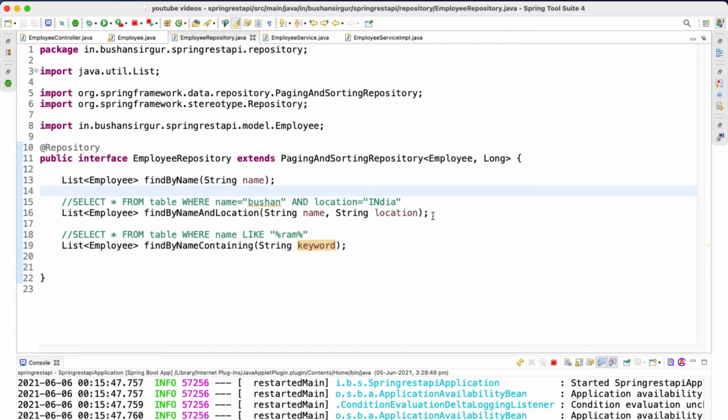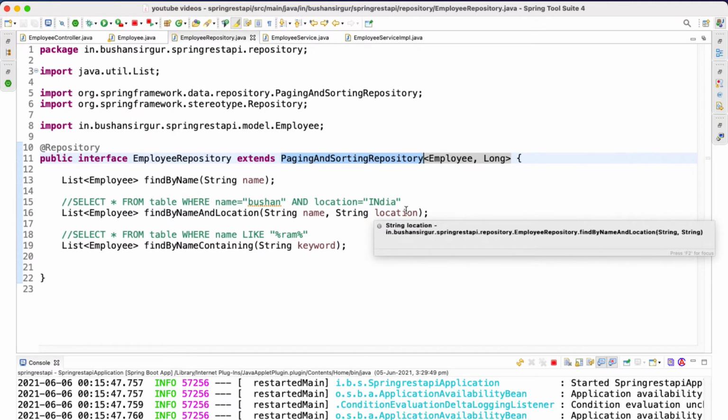In this video, we are going to discuss sorting. The paging and sorting repository also provides support for sorting out of the box. And in this video, we are going to see how we are going to use sorting inside the Data